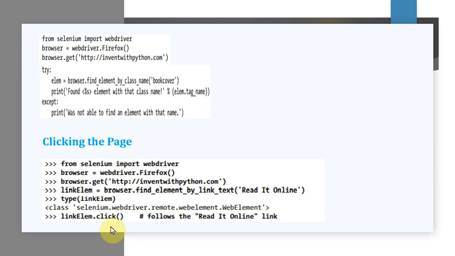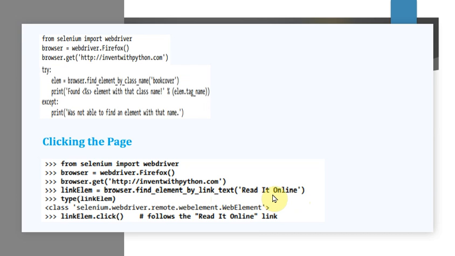So here, first of all, from Selenium you're importing the web driver. Then we are launching the Firefox browser with this particular URL. Then you are finding an element, that is, you are searching in the page for a link with the text read it online. This will be there in your anchor tag element.